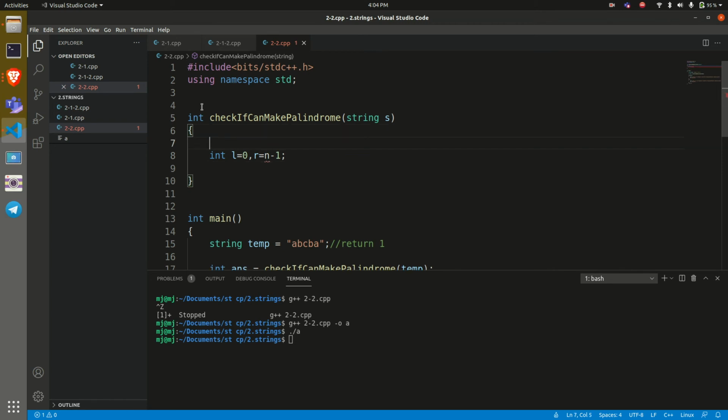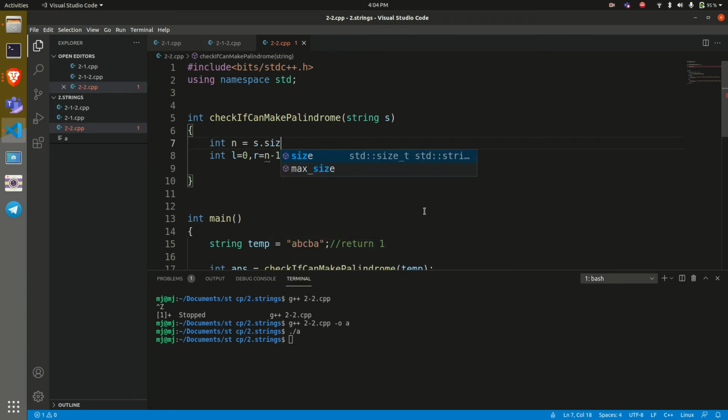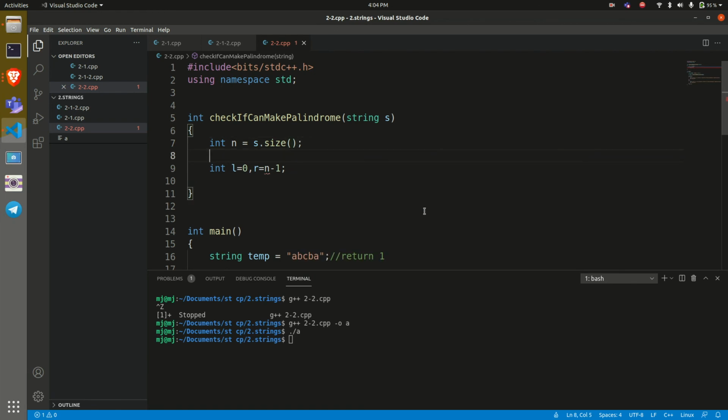Now before we use n, let's define what n is. So this is how you should code, right? You should first write what you need to do, then think of ways to get that variable. So here n refers to the length of the string. So now I understand, I need to find the length of the string first. So what I'll do, int n equals s dot size. Size is used to find the length of the string in C++. There are various ways, but size is something I prefer.